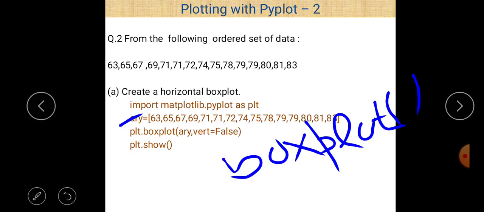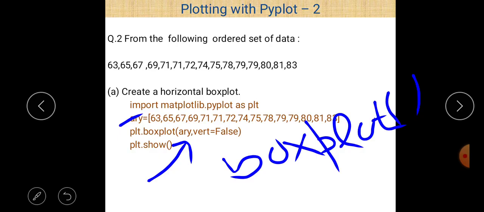And why plt.boxplot? Because plt is the alternative name given to matplotlib.pyplot, and boxplot is the name of the method, and within parentheses you can pass different parameter values. The first parameter value that is essential is the name of the sequence, that is ARY in this case, which is a list.